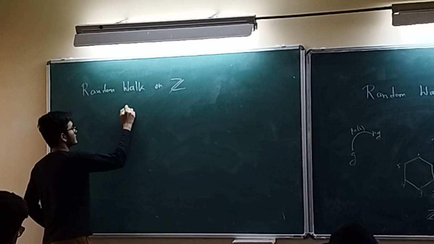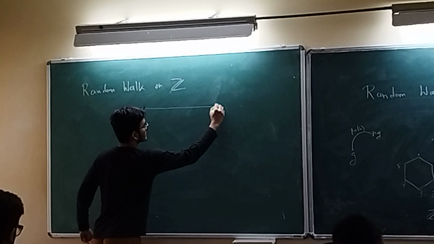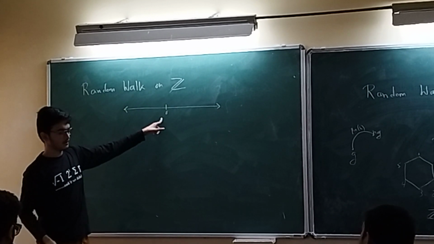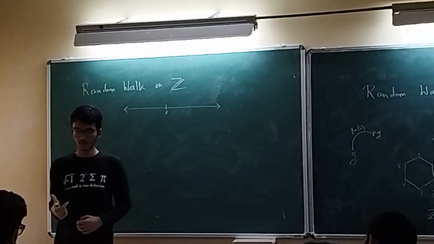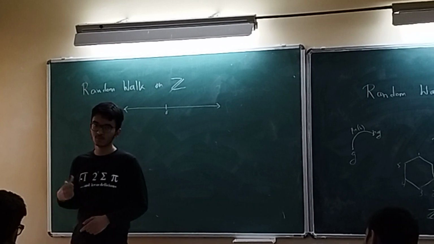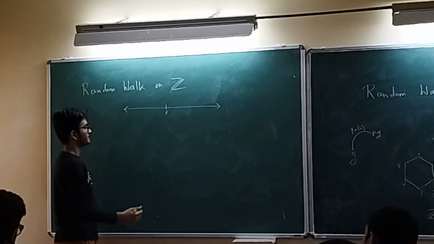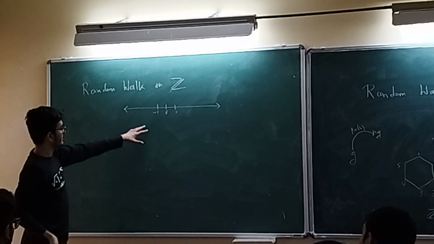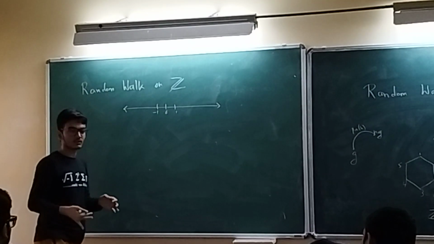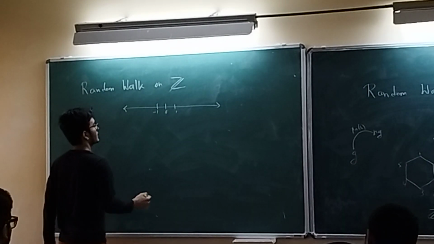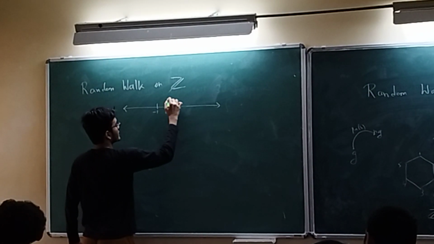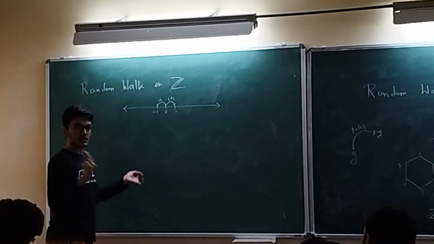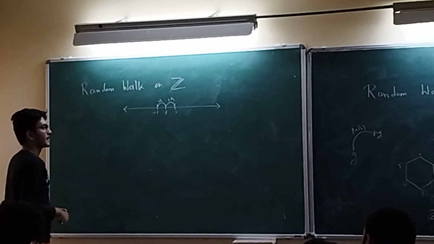So what is happening here? You are on the Z line. The person is standing here, and he is tossing an unbiased coin. If heads comes up, he moves right. If tails comes up, he moves left. And this is a simple random walk. You can make it more general by putting biases on the coins. I will just discuss the simple case. And from -1 you can again cross over to 1.